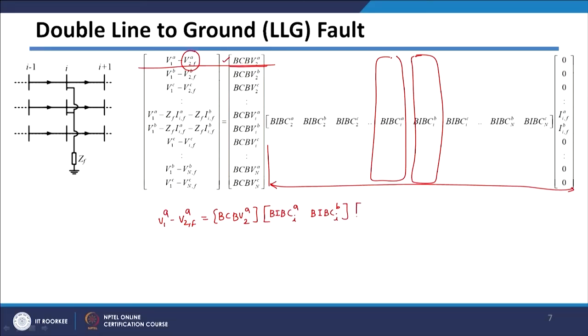And the fault currents we already calculated, fault currents in A phase and fault currents in B phase. We have seen how to calculate them in the last slide, and therefore we can write post fault voltages of A phase of bus 2 will be equal to V1A minus this matrix part here, that is BCBV 2A